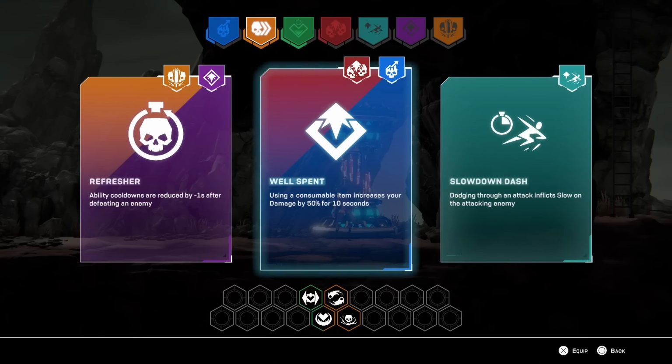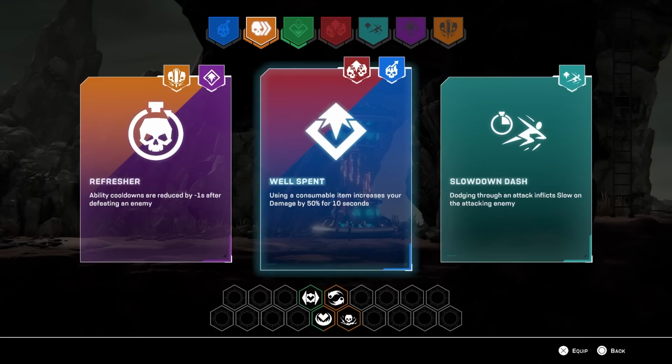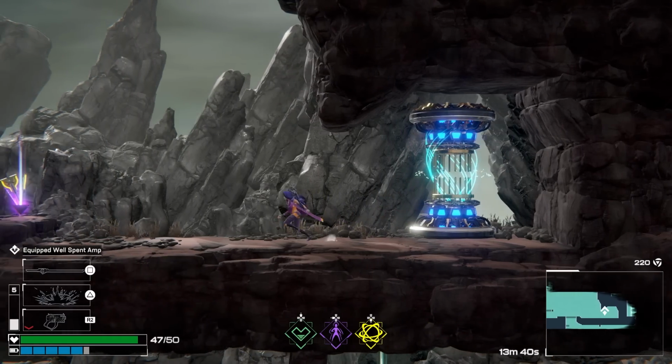Well spent. If I use a consumable item, I get a 50% damage boost for 10 seconds. Very nice if I do pop that banner that I've got, so I can be immune to damage and just pop off and go ham. Ability cooldowns are reduced by 1 second after beating an enemy, so that would be my invisibility that I've got. I'm going to go with well spent first, though, because I think the combo of activating my banner